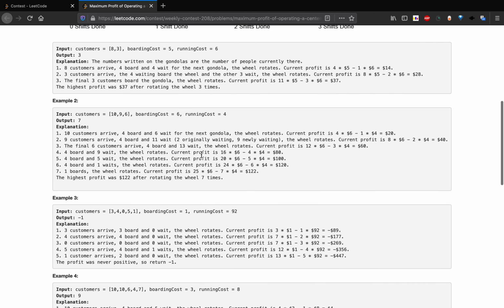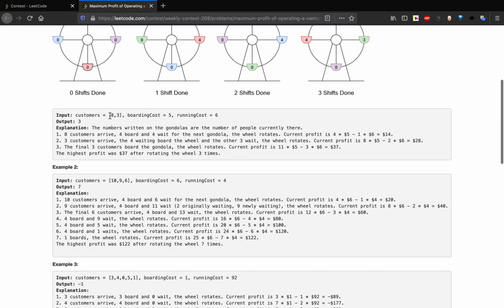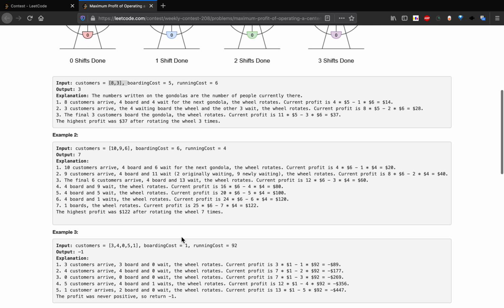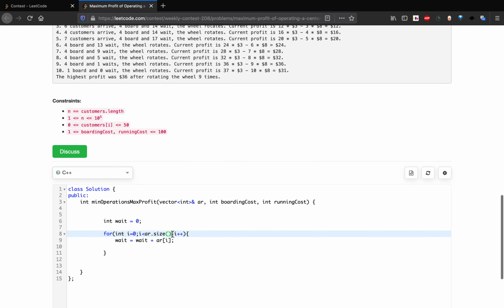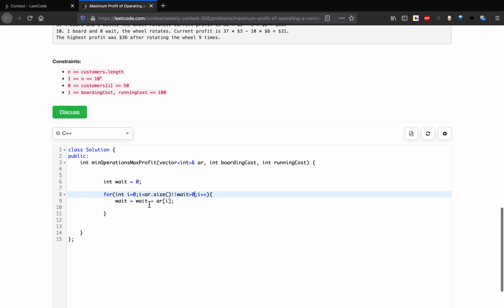But as you can see, we can have more iterations than the size of the array. So our second condition will be that this wait should be greater than 0. Now we have added this array element into our wait. If our wait is greater than or equal to 4, then our customer count will increase.